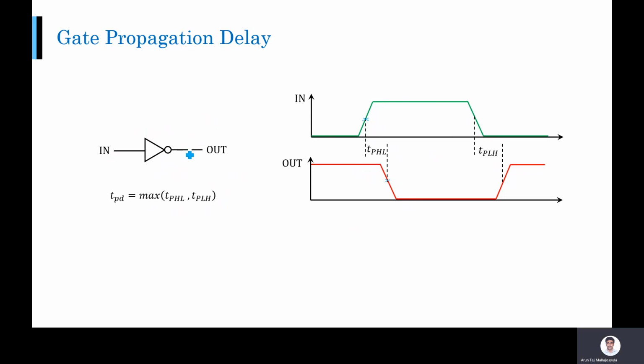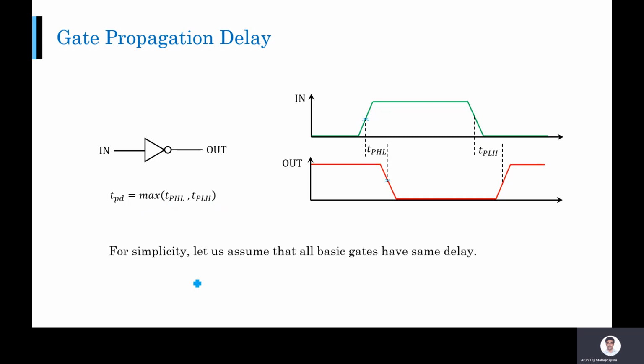Now, it is also possible that your circuit might have several outputs, not just one output. There could be multiple gates, multiple combinations and multiple outputs. It's very likely that each output has its own delay. It's not that all the outputs will have the same delay. So you have to consider all these delays when you are going to design your combinational logic circuits. So this is our basic definition: TPD is the maximum of TPHL and TPLH.